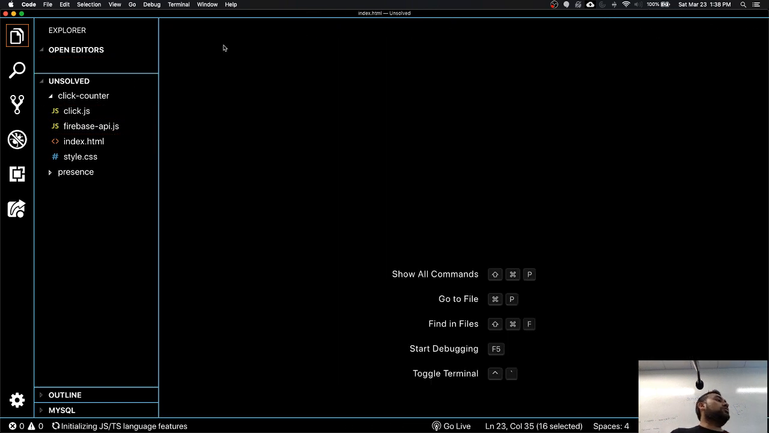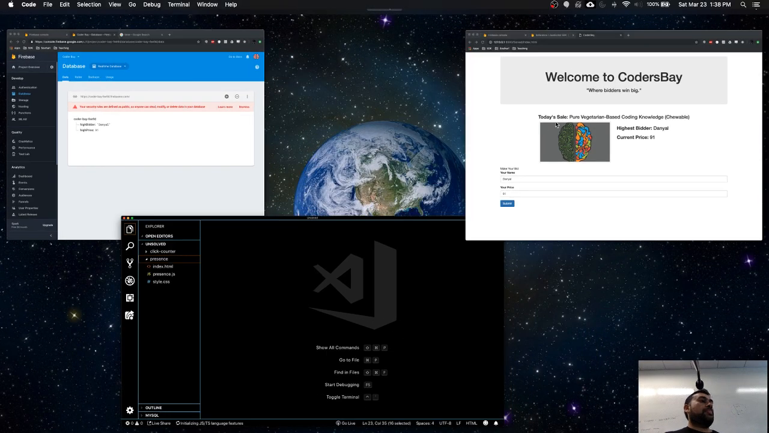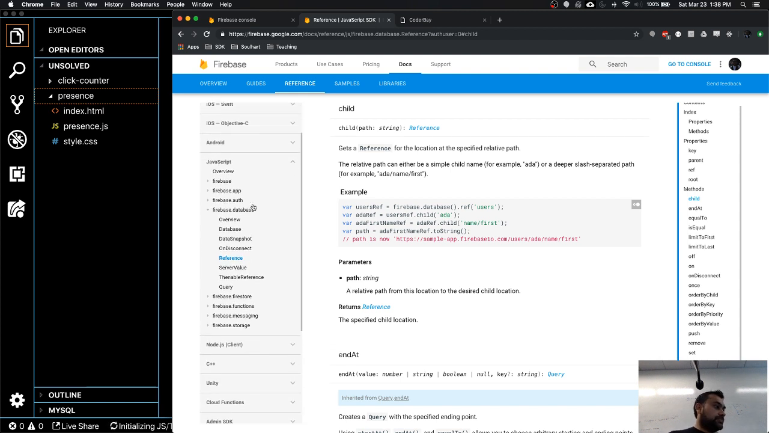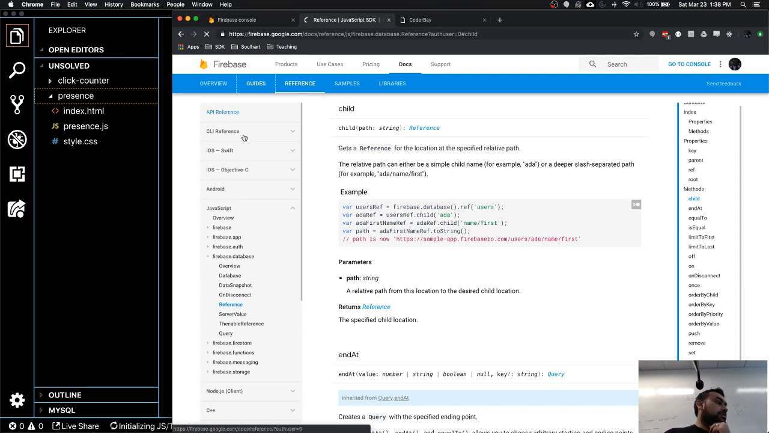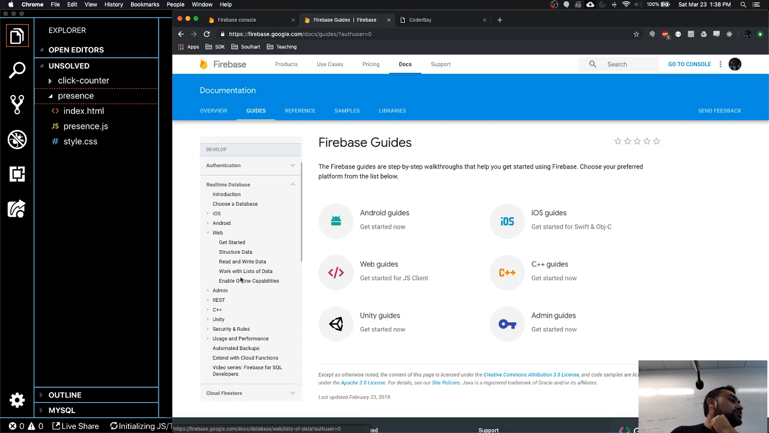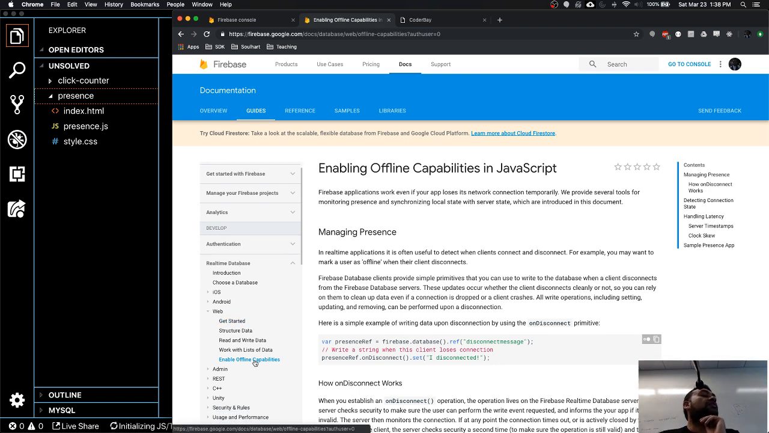All right, so the next concept is called presence. Where is it? I think it is in the guidelines. Okay, so in your guide in the documentation, if you go and search for enable offline capabilities,